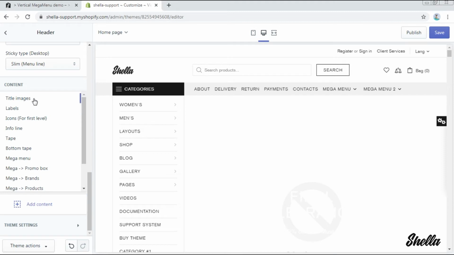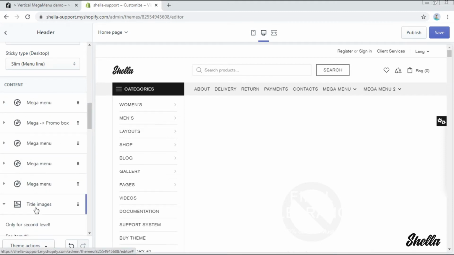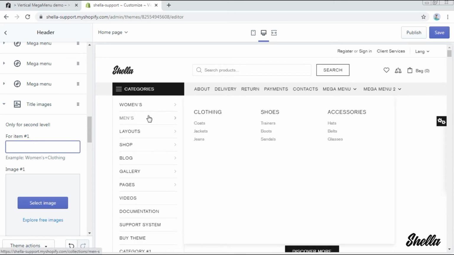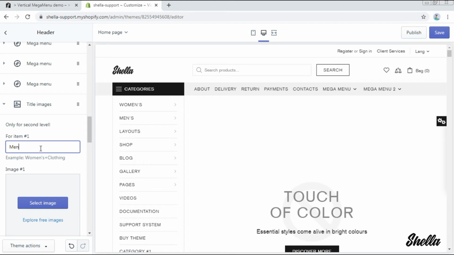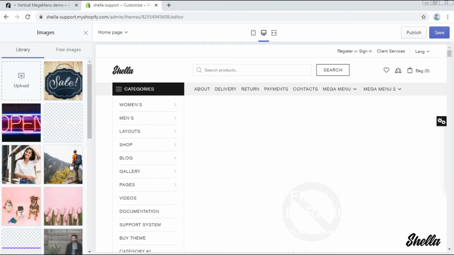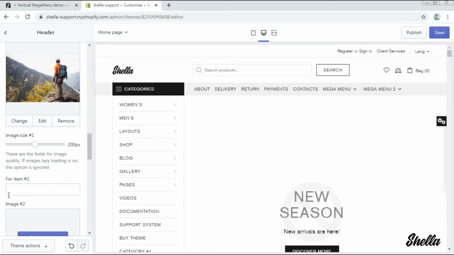The block Title Images allows you to add images to the menu titles in the second levels. Let's check how it works. We want to add images to the titles in Men's, so we write Men's plus clothing and select the image. You can also change the image size if needed.